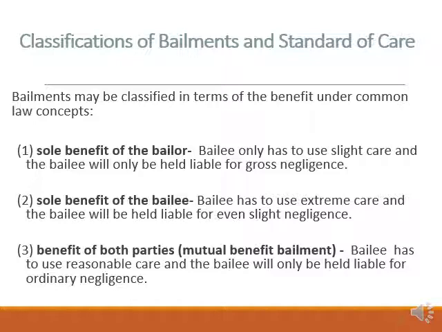And then number three, or the third type, will be a mutual benefit bailment. With the mutual benefit bailment, under those circumstances, both parties are getting a benefit. Under those circumstances, you're talking about just using reasonable care, and you can be held liable for ordinary negligence, or if you don't act like a reasonable person. So an example of a mutual benefit bailment would be the mechanic. The mechanic would have to use reasonable care because the mechanic is getting a benefit, because I'm going to pay the mechanic, and I'm getting a benefit because my car is going to be fixed. So knowing those different classifications is going to be extremely helpful.